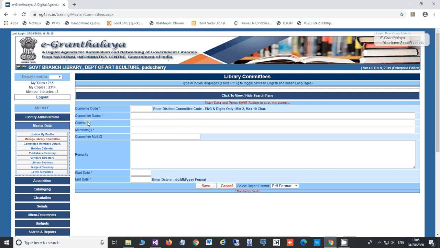On clicking manage library committee, you will find this form available. Here, the fields marked with a star are mandatory, and the other fields are optional. First you need to give a unique code for the library committee, like com number 1, for example.